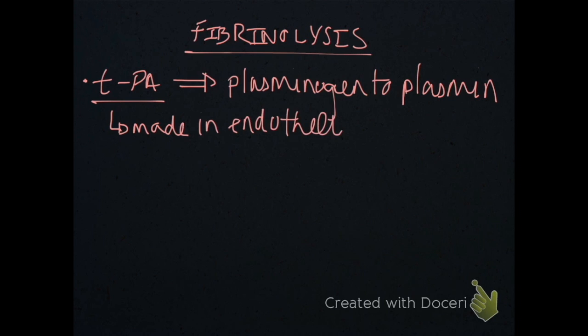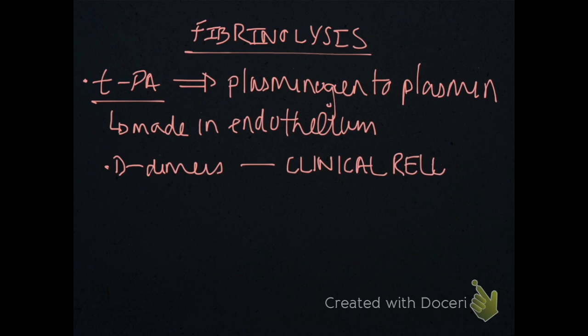Now, plasmin is a mediator that's involved in the breakdown of that fibrin-formed clot, the fibrin-stabilized clot. This tissue plasminogen activator is made in the endothelium. The activated plasmin is going to break down the fibrin-stabilized clot, and one of the breakdown products